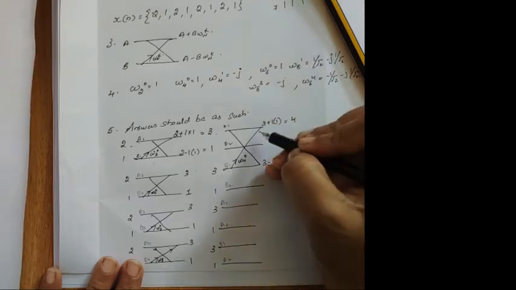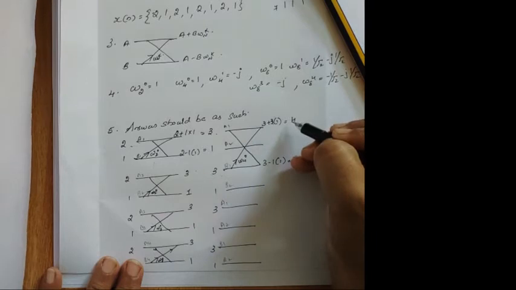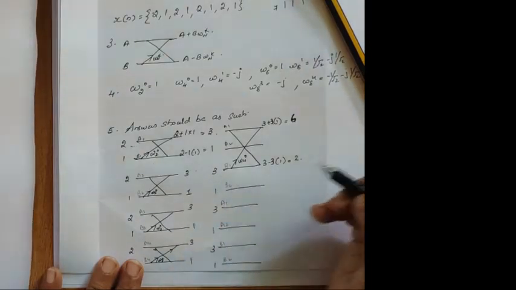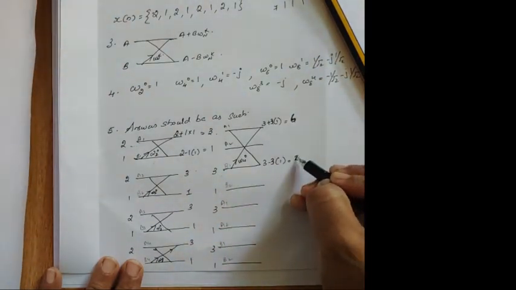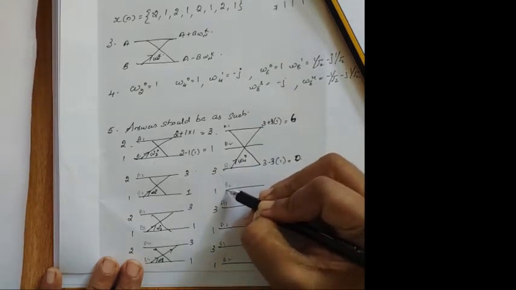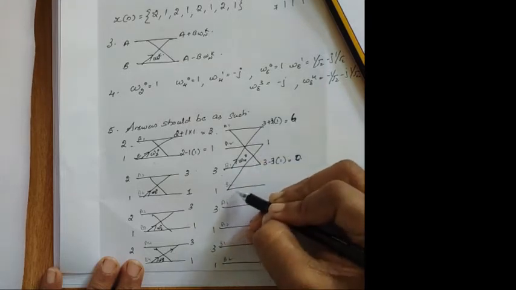Now, sorry, not 3 plus 1, 3 plus 3. Sorry, here 3. 3 plus 3 is equal to 6. And 3 minus 3, it is given over here. A is 3. 3 minus 3 is equal to 0. Okay. Next term, B1 and B2. So B1 is given over here. B1 is 1. B2 is also 1.